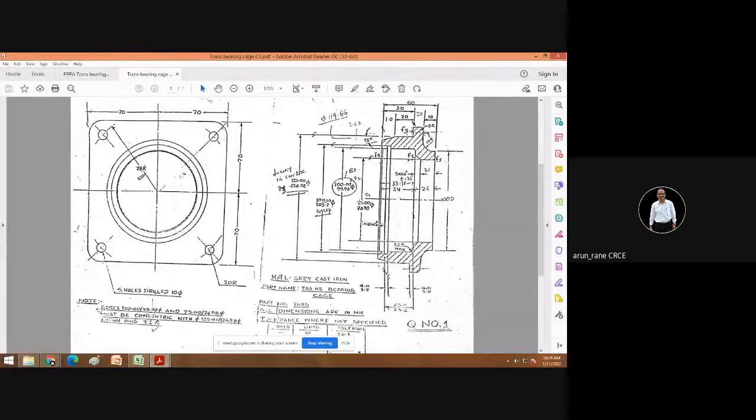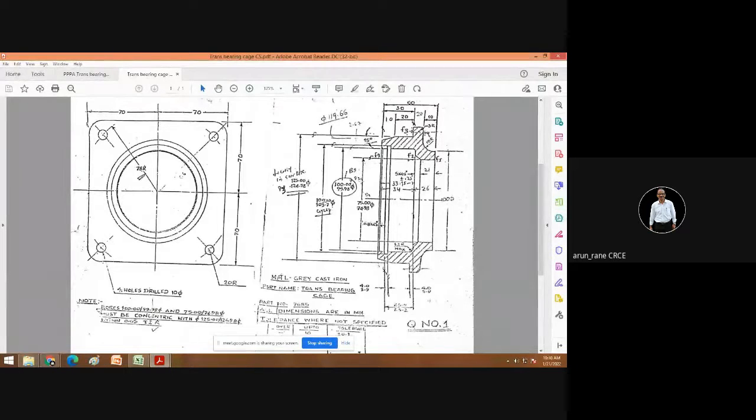Remember, you will have to convert all the dimensions to centimeters first, and in the drawing it is given in millimeters. So 125 millimeter is 12.5 centimeter.